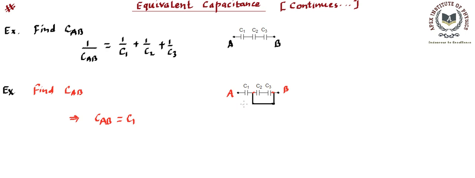Let me give you another example and see what your response is. If I join this point A and this point by a conducting wire, that means the conducting wire is over C1, can you find what the equivalent capacitance is going to be between terminals A and B? Just try this and write the answer in the comment box. I hope you can do it by using the rule that we have just learned. A conductor has the same potential across it. So use it and find it out.